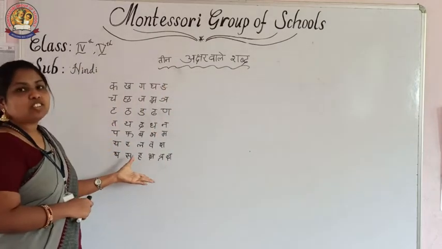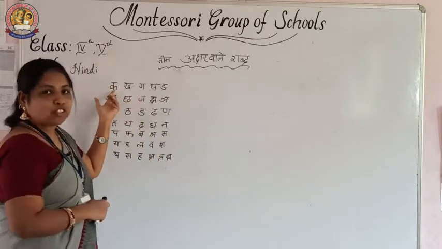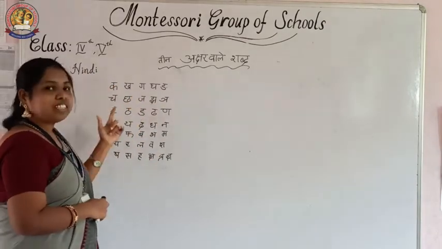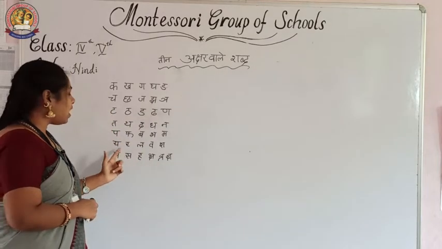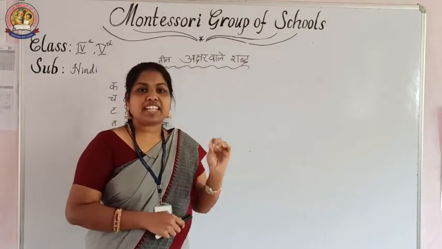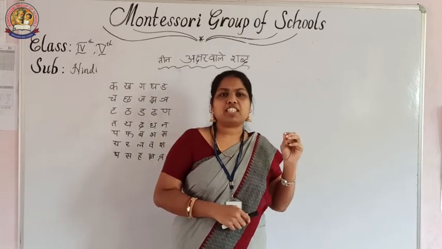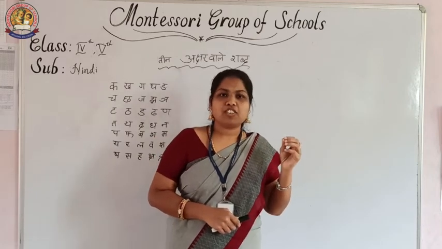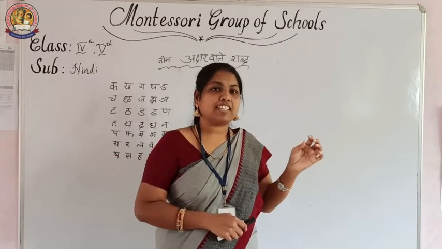First you must know the letters fluently. Ka, kha, ga, gha, inya. Ka varg I told you. Ka varg, cha varg, ta varg, ta varg, pa varg, ya varg. See children, while we say to write any word, you must remember the varg. First you must keep the vargs in your mind. In the ka varg, what are the letters?